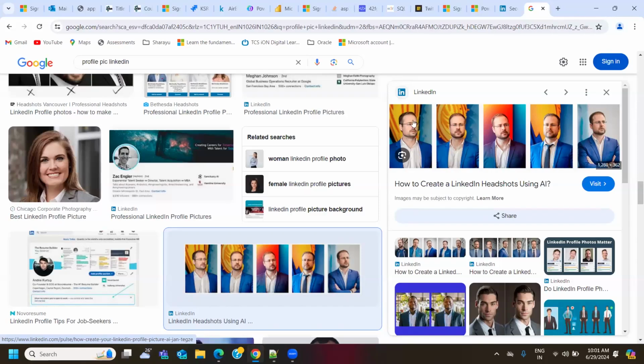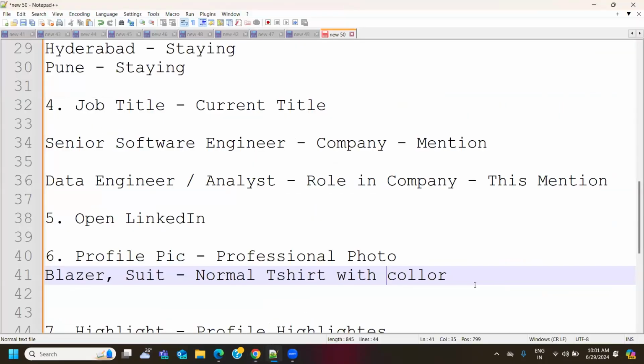If you see, this first pic also is not looking straight. The third one is not that tilted, because the angle is not that tilted. The second, third and fourth photos are okay. First and last, do not use these pics. You should always look straight. A change of looking angle of around 30 degrees is okay, but not more than 30 degrees. So a profile pic with a normal t-shirt with a collar is recommended.